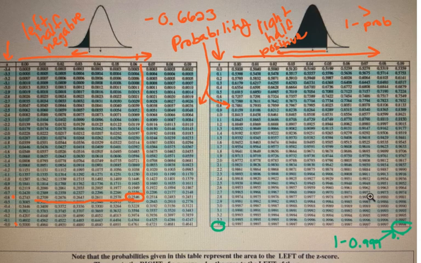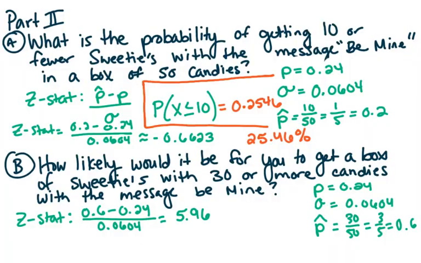So essentially anything above like 4 as a Z-score is going to either give you like 100% if it's less than, or if it's greater than, 0. So this is going to be approximately